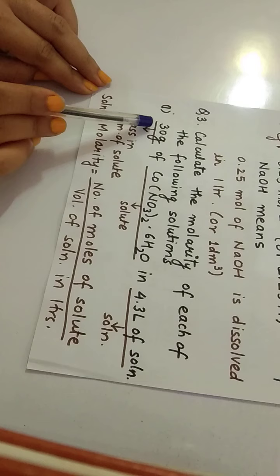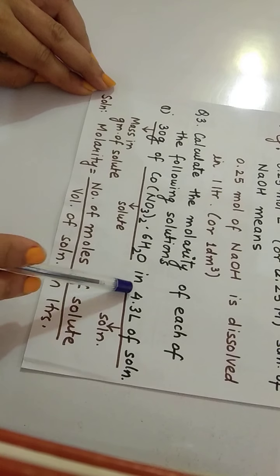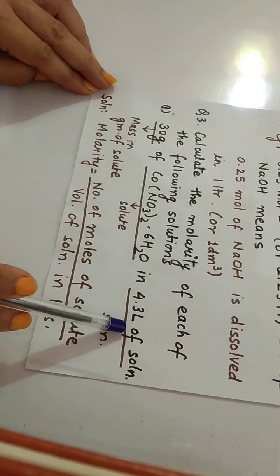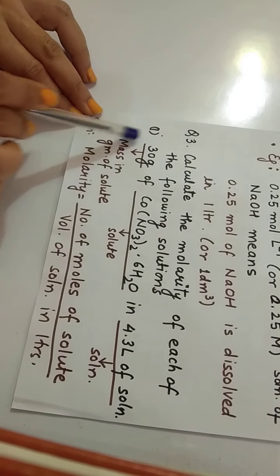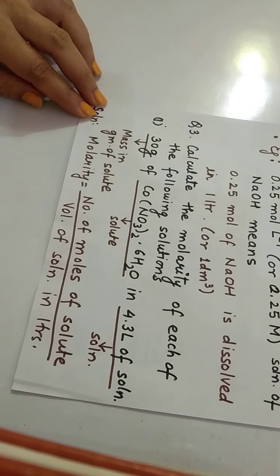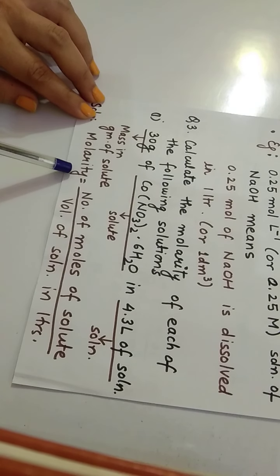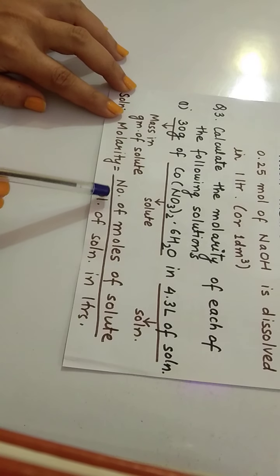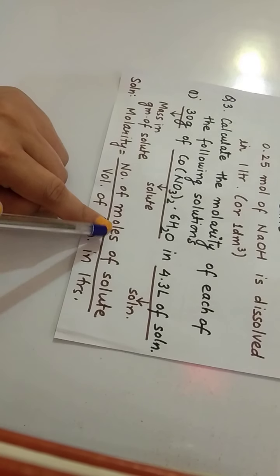So here you can see 30 gram of this is dissolved in this many liters of solution. It means the volume of solution is 4.3 liters, and this is the solute and 30 gram is the mass of solute. So the first thing that you have to write for solving any numerical, what is asked is molarity. First you write down the formula for molarity. Formula for molarity is number of moles of solute upon volume of solution in liters. You all can see volume of solution in liters is given. What is not given is number of